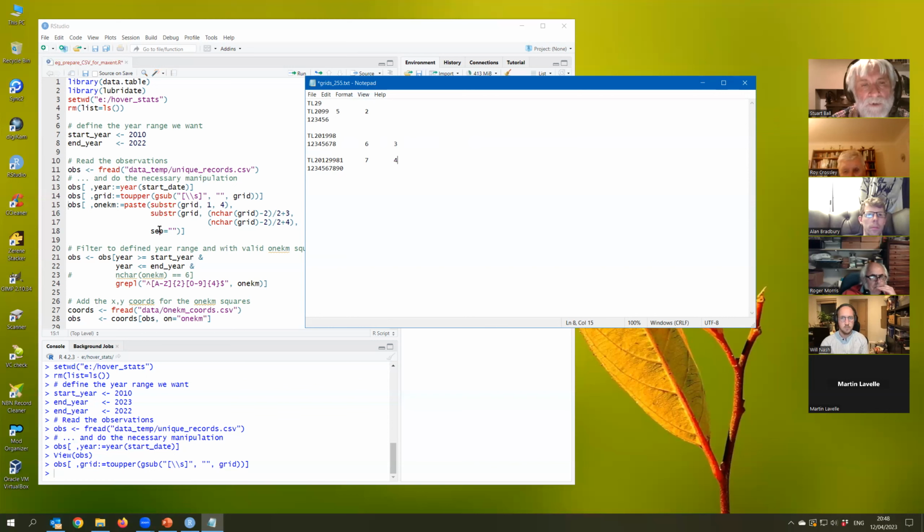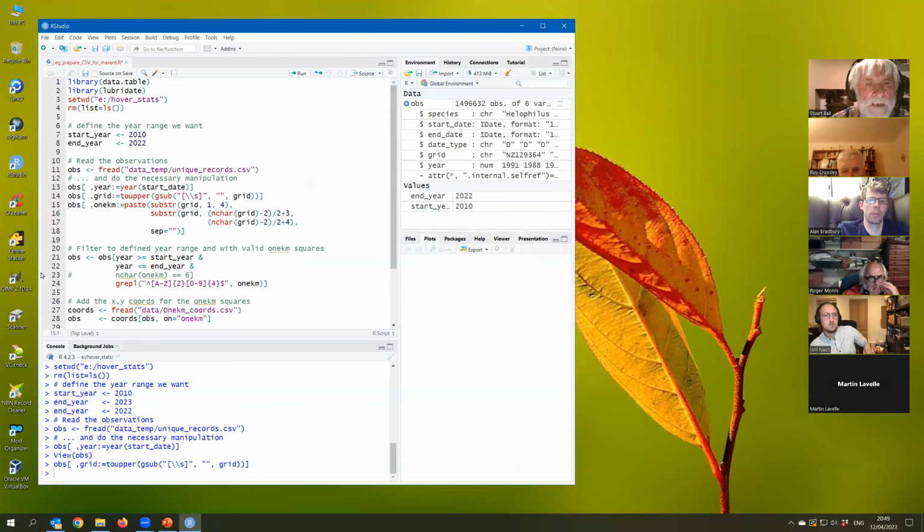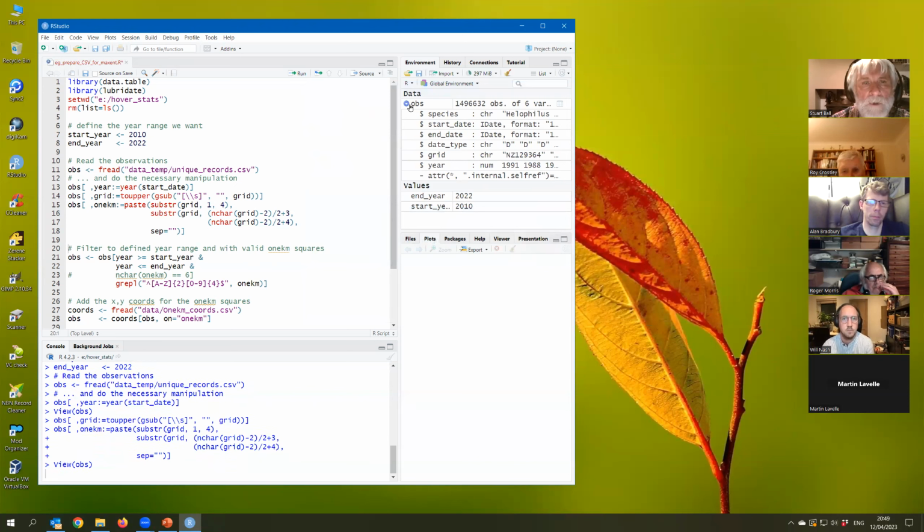And I want to do this, and I just want that figure and the next one on. So I then need to do the same again, and this time add 4 to it. And when I stick those bits of string together, I want to use nothing as a separator, just stick them together without a separator. So if I do that, I should have the 1 kilometre squares. And if we look at this,